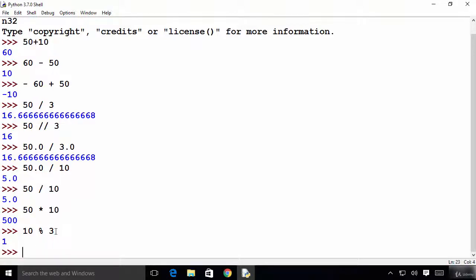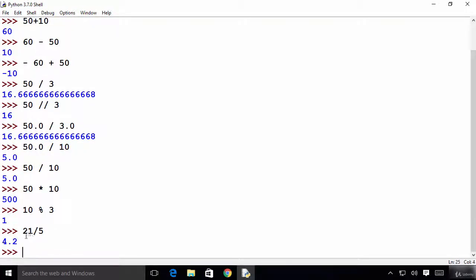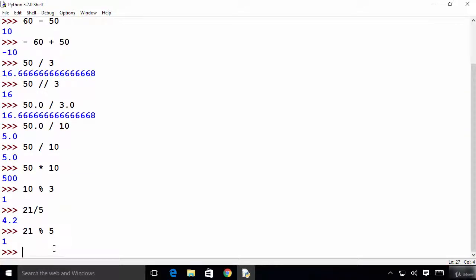So 3 multiplied by 3 is 9, which leaves the remainder 1, and that's the result we are getting. Okay, let's try it once again. So for example, I will divide 21 by 5. It will give me the answer 4.2. But when I do 21 modulo 5 and then press enter, it's going to give me the remainder of the